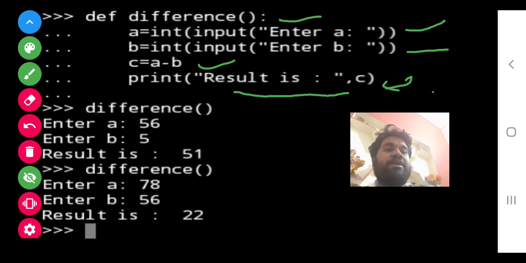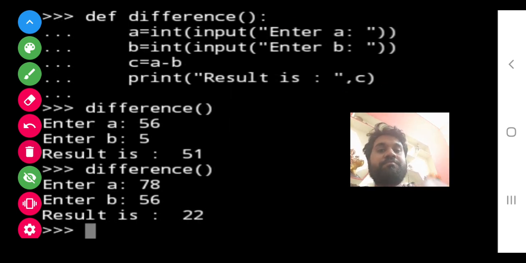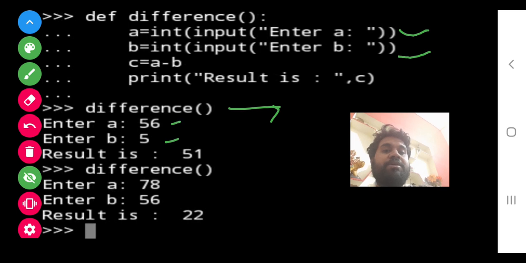Again press enter twice, you will come to this line, then you have to write this statement and press enter. Then the first statement will execute, that is enter a, the second, enter b, a and b. After that the result comes as 51, because c is the result and c is equal to a minus b.